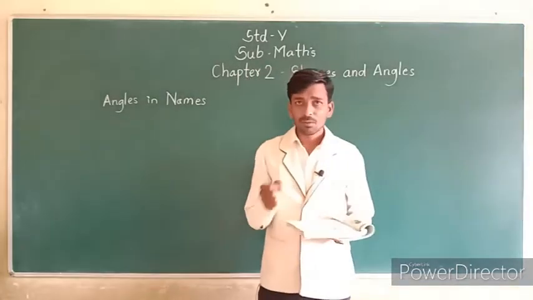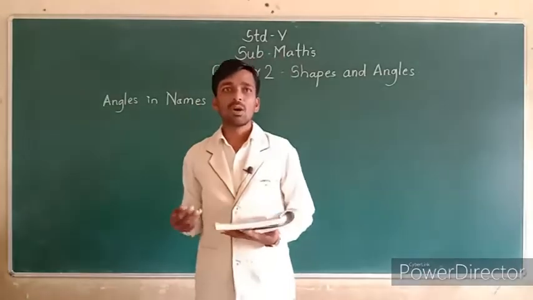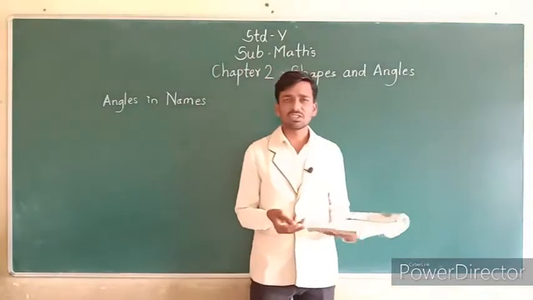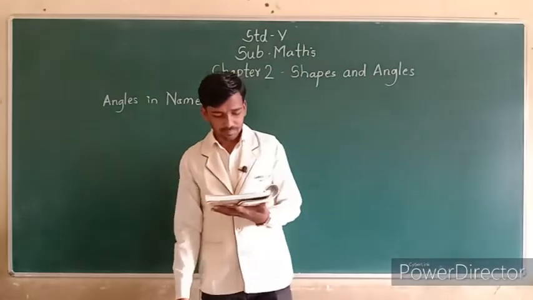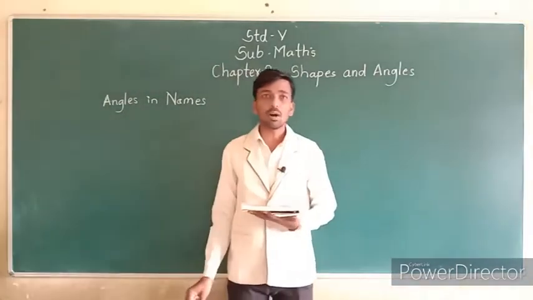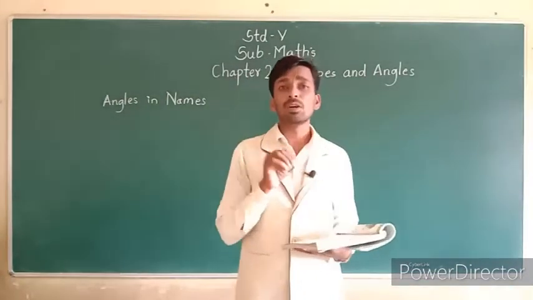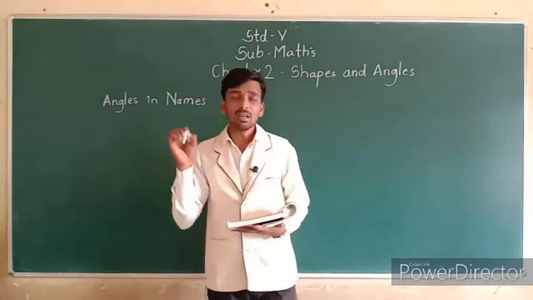In the first column you can write 3 different names, of your friend, brother, or sister. Okay. In the second column, number of right angles. How many right angles are in that name?